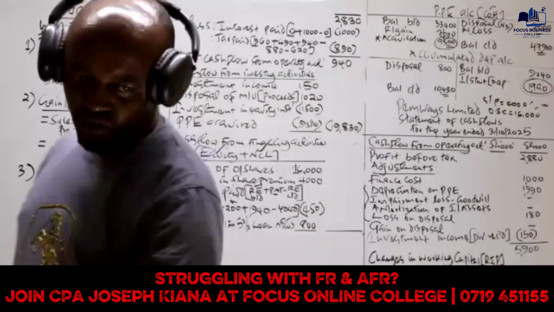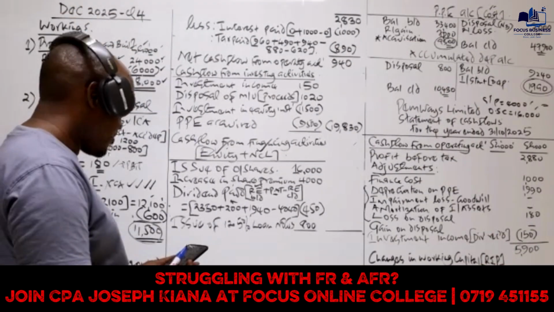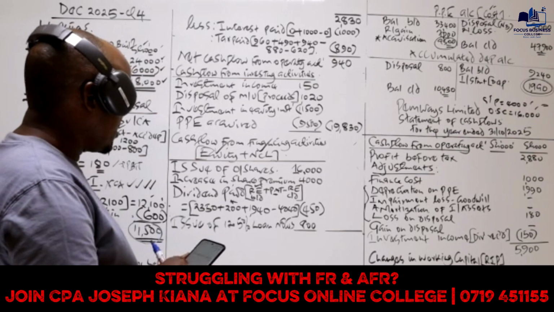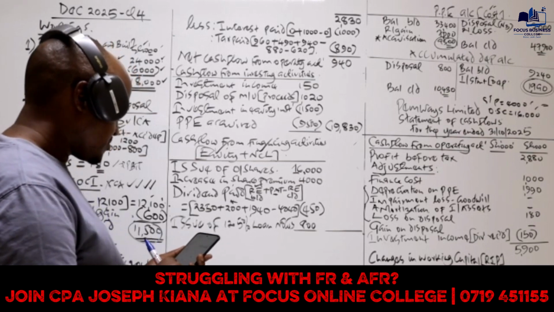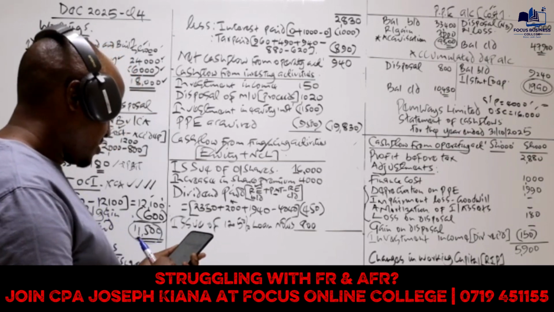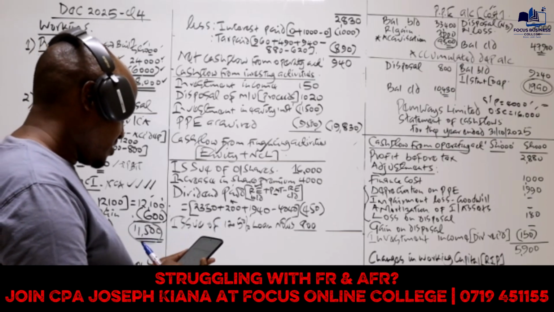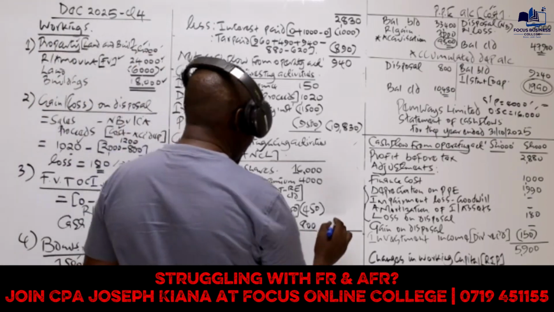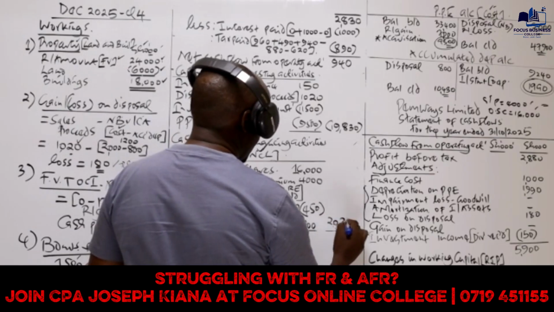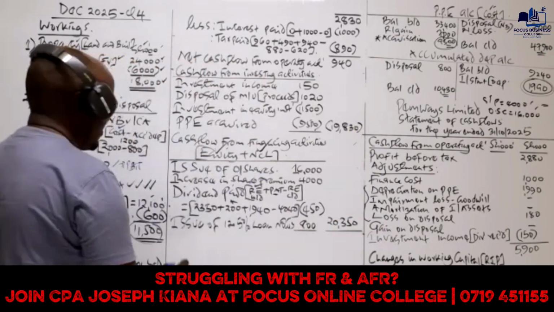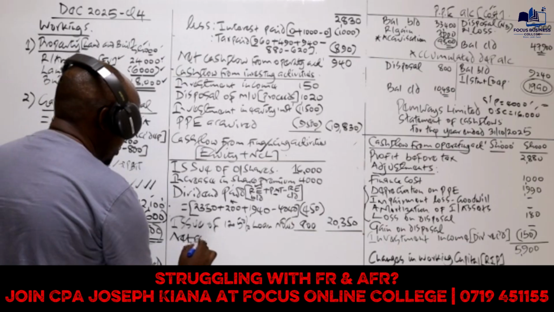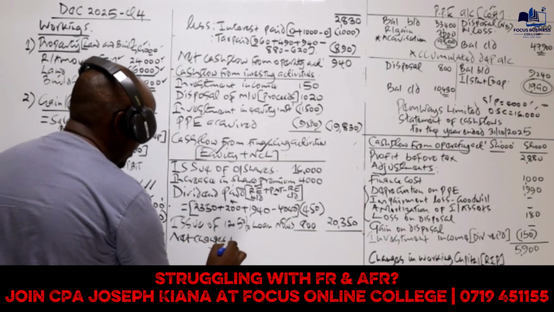So what we need to do is to get the net cash flow from financing. So we have 16,000 plus 4,000 minus 450 plus 800. So this gives us 20,350. And then now from there we get the net changes in cash